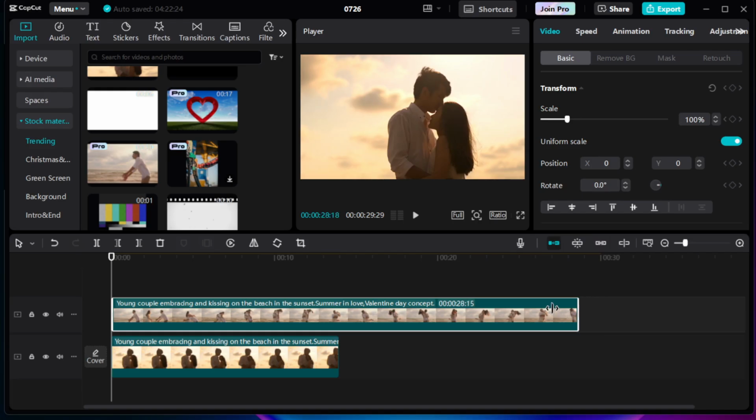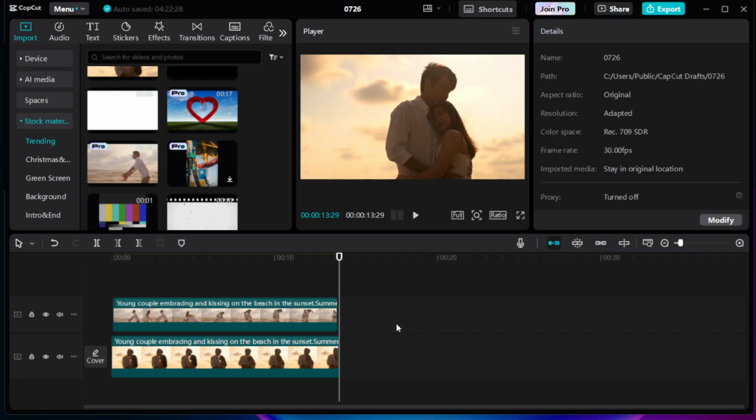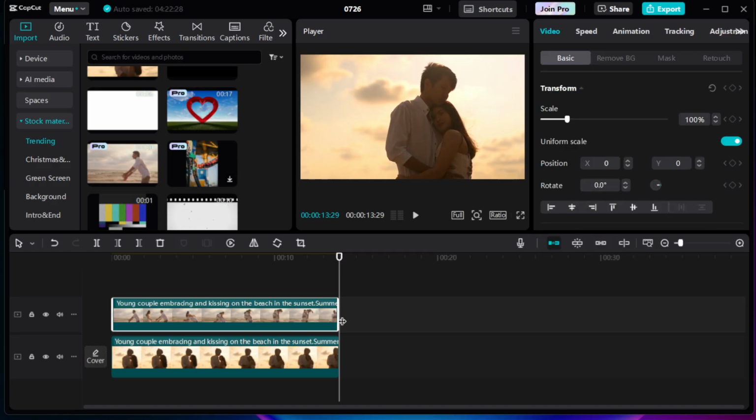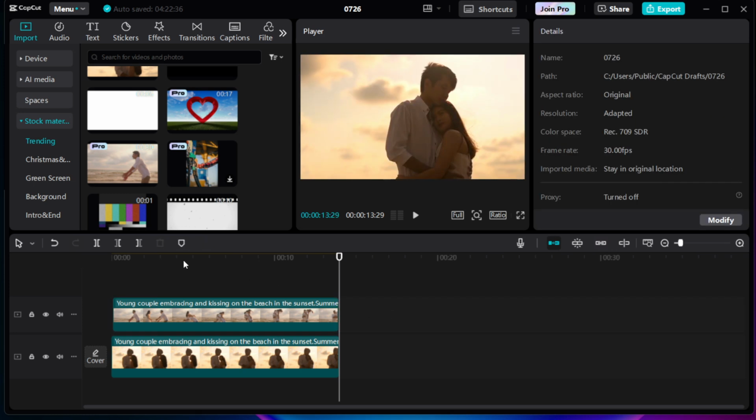The timeline is where the magic happens in CapCut. Drag the first of your clips onto the timeline. This will serve as your background or base layer. Once your first clip is in place, grab your second clip and stack it directly above the first on a new layer. Stacking is as straightforward as it sounds, and CapCut's interface makes it easy by snapping your clips right